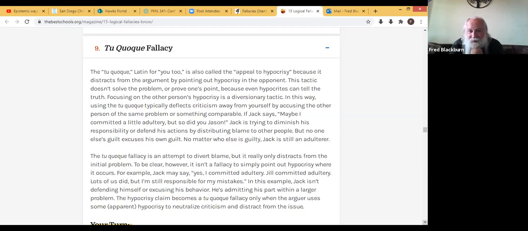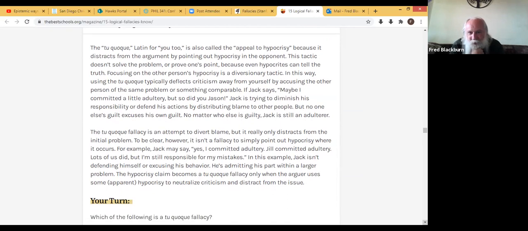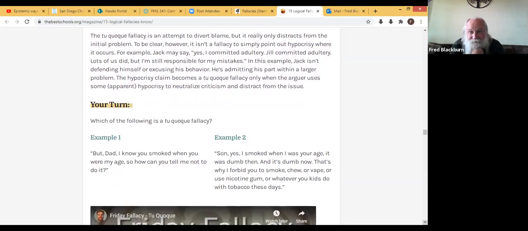If Jack says, maybe I committed a little adultery, but so did you, Jason, Jack is trying to diminish his responsibility or defend his actions by distributing blame to other people, but no one else's guilt excuses his own guilt, no matter who else is guilty. Jack is still an adulterer. Well,